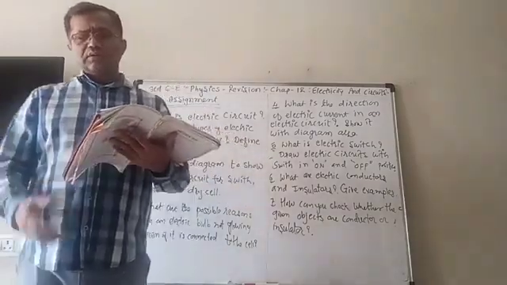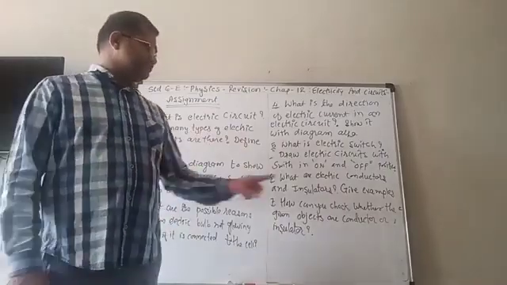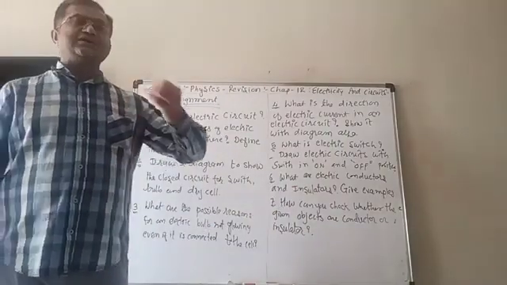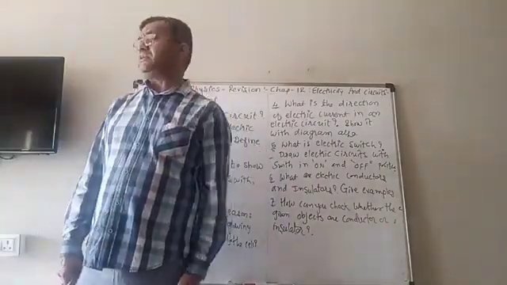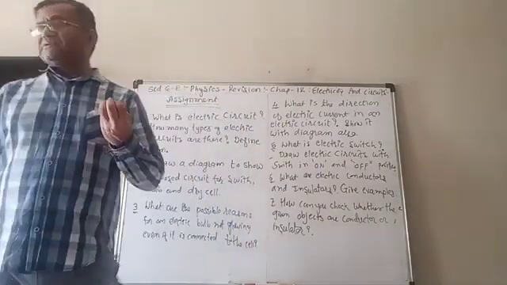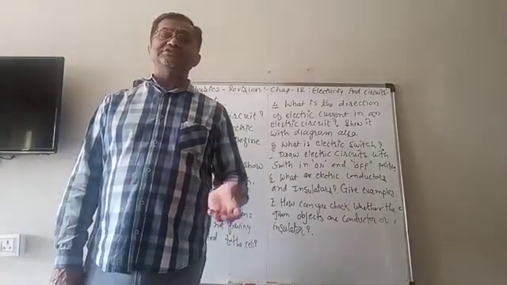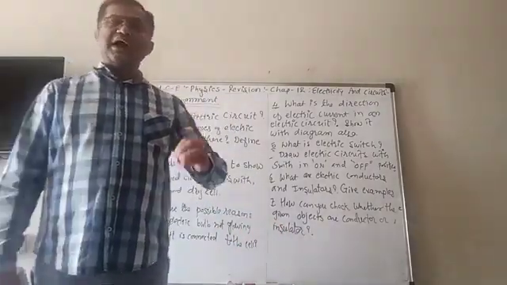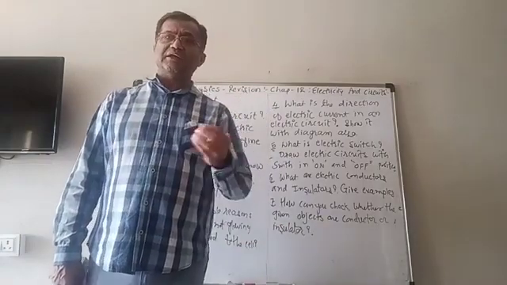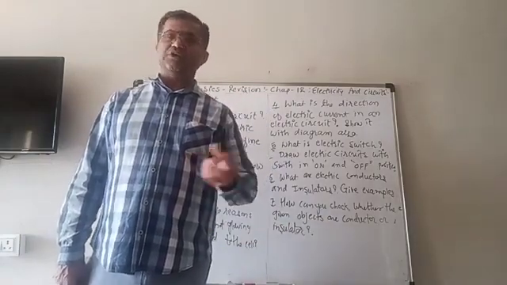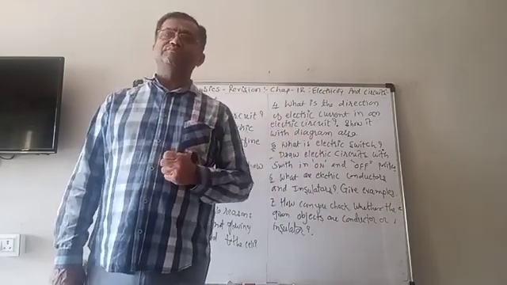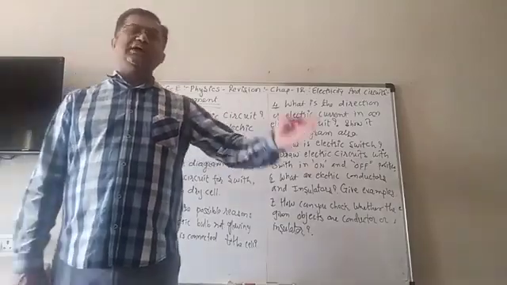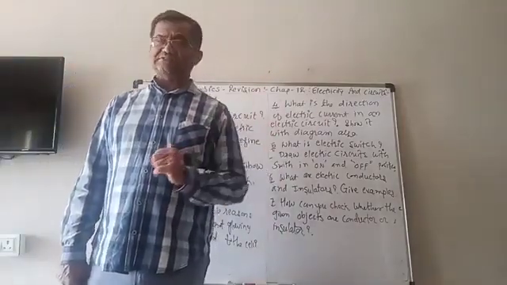Now there are two types of materials, the conductors and the insulators. What are electric conductors and what are insulators? There are some types of materials which allow the current to pass through them. When they allow the current to pass through them, the circuit will be completed, a closed circuit, and the bulb will glow. So that type of materials which allow the current to pass through them are known as conductors.